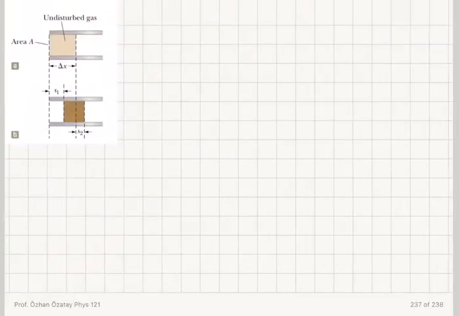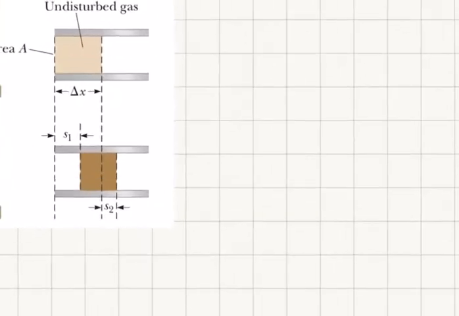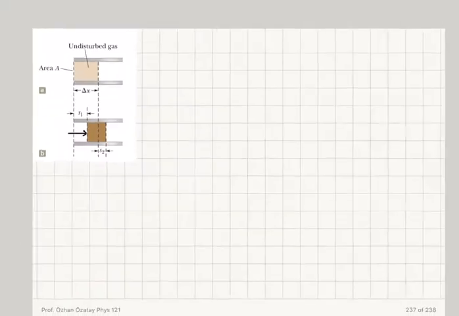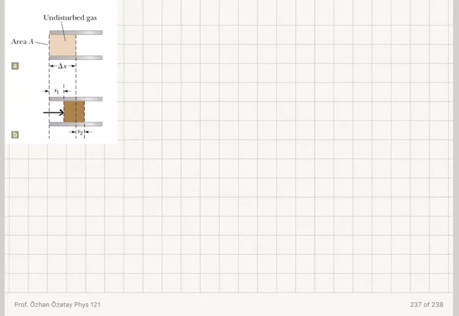Now, let's take a small cylindrical element of undisturbed gas. It has a length delta x and area A. When I move the piston on one end to compress this gas, I see that a portion of the gas moves to the right-hand side. So for this gas element, there's going to be a change in the volume. So I have a small cylindrical gas element